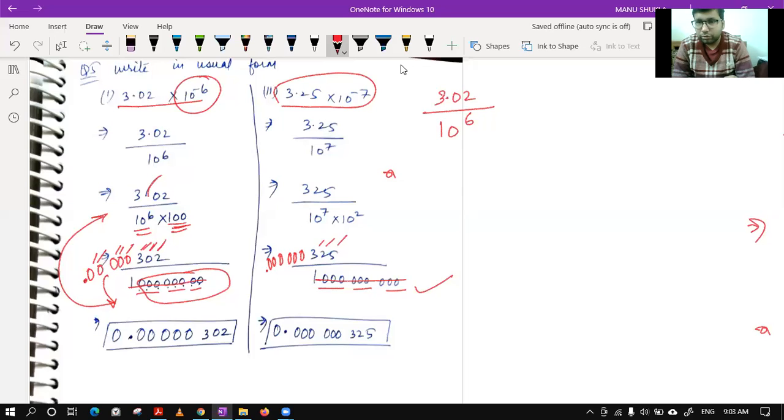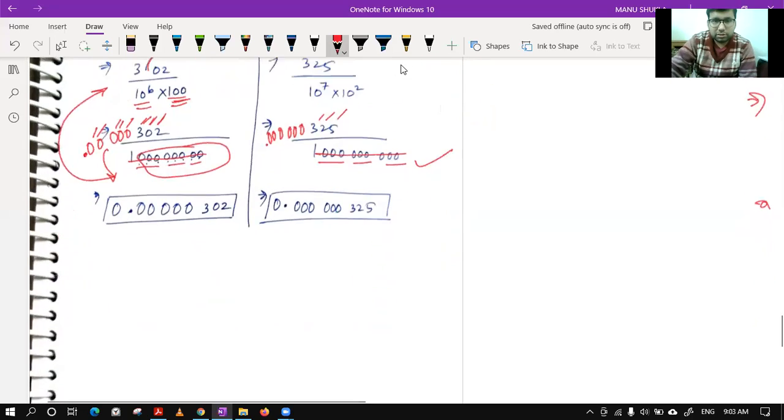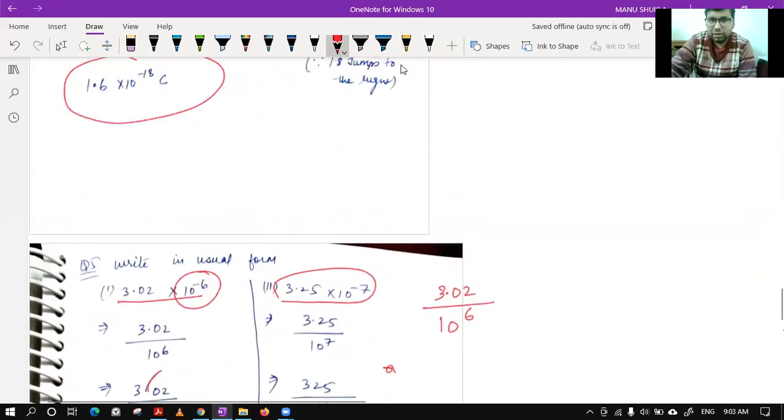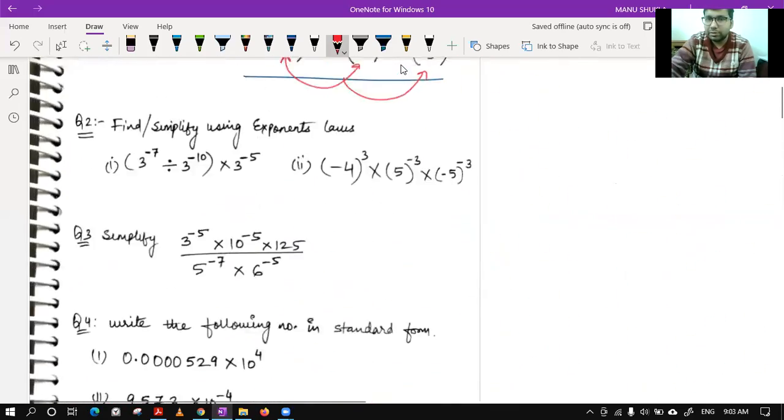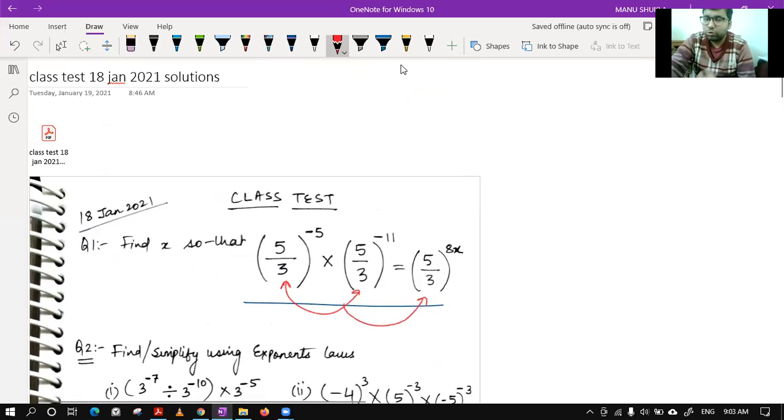So class, please confirm if it is clear. Hitain, everything is fine now? Are you able to understand the usual form? Okay, good. Good, Rishita. Now, with this is done. Similarly, as soon as the chapter is done, I will try to give you some assignments for revision that if you solve, we will discuss the solutions to clear your doubts.